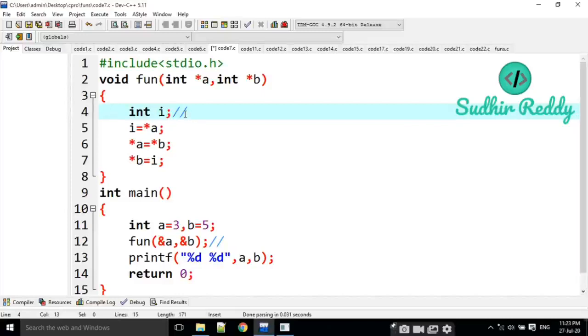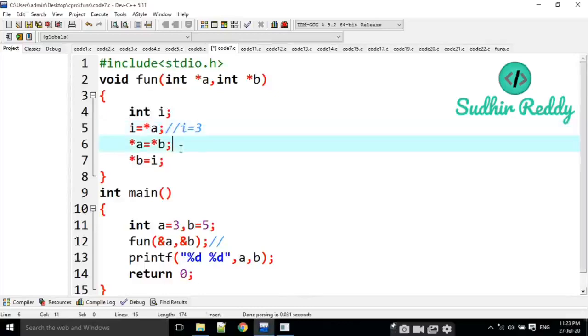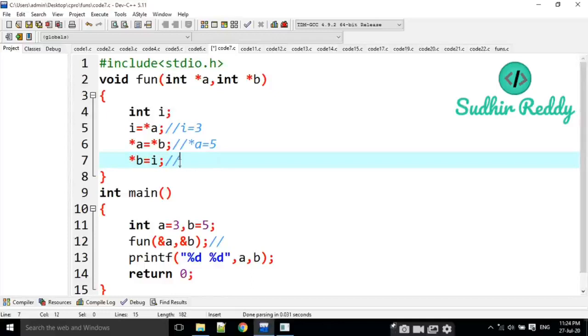Then I am going to take one integer I. Then I is equal to star A. Star A means it is a value. Now I is equal to 3. Then star A is equal to star B. What is B value? Then A becomes 5 here. Then star B is equal to I. What is I value? I value is 3. Then B value becomes 3.